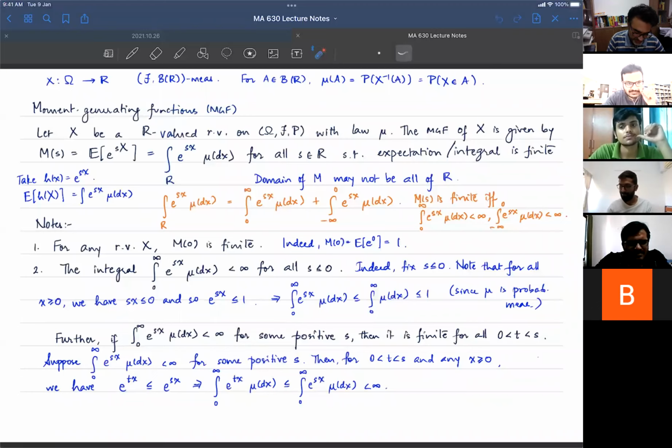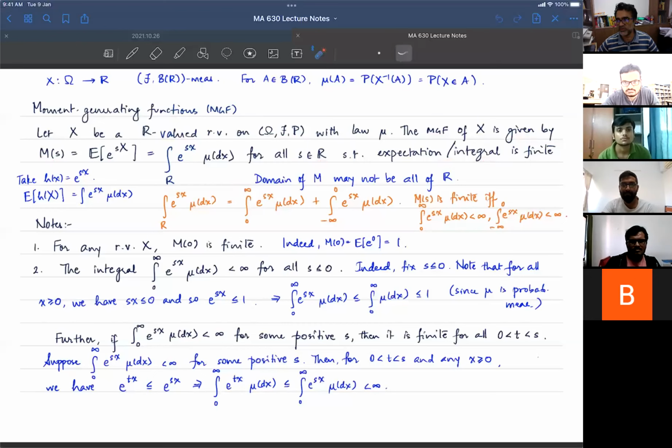Okay, so last time we were talking about moment generating functions. So let's just recall what's going on here. So suppose we have X, which is a real valued random variable on omega, F, P with law mu. You have seen this definition before. The moment generating function of X is given by M of S equals expectation e to the Sx. And of course, you can write it this way in terms of the law mu. And the domain of M is the set of all S in R for which this expectation or integral is